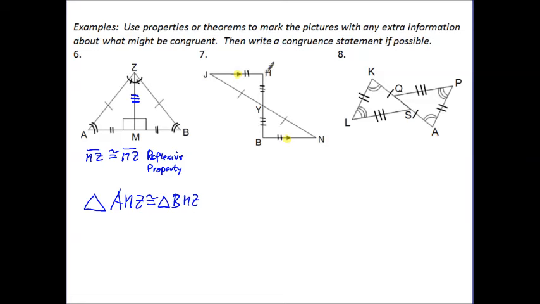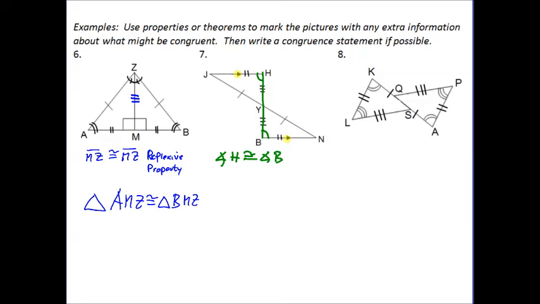So if we look at HB being a transversal between these two parallel lines, we can therefore conclude that angle H and angle B have to be congruent because these two angles are alternate interior angles. So angle H is congruent to angle B,